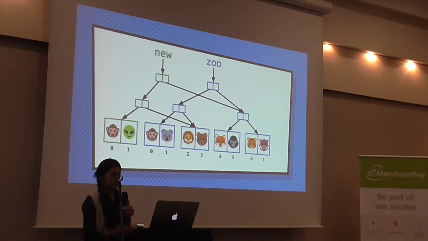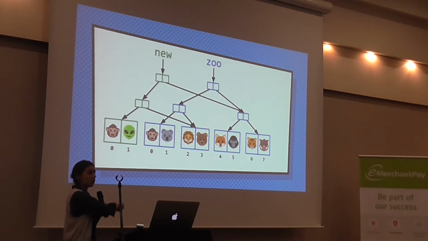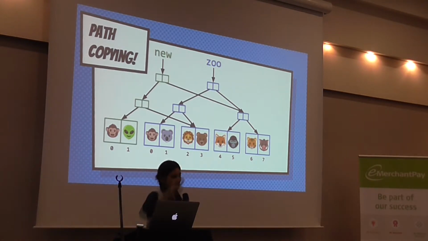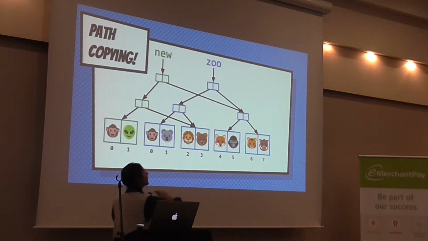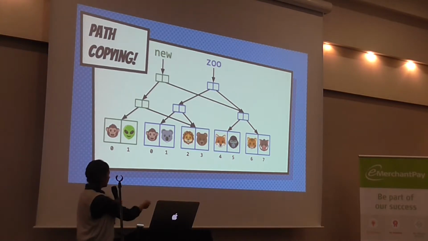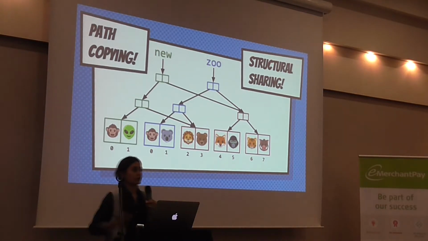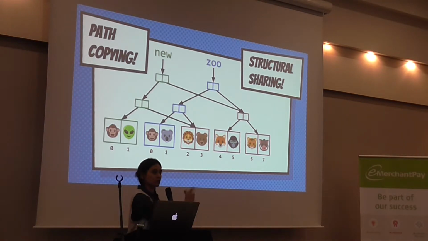So what we've just done is we've copied everything from the leaf that I wanted to update all the way up the path to the root node. This is called path copying, unsurprisingly. And that's cool because I only had to copy the nodes on that path from the leaf to the root instead of all of the other nodes with the values that I care about. And the rest of those nodes, which are now in pink here, are shared between the old version and the new updated version. This is taking advantage of what we call structural sharing. We're sharing most of the structure of the tree between the 2 versions, so we don't have to copy all